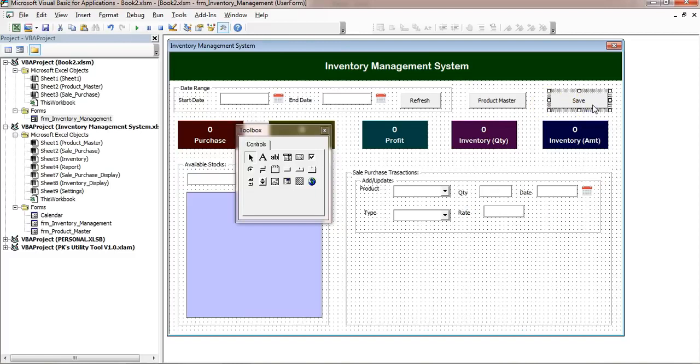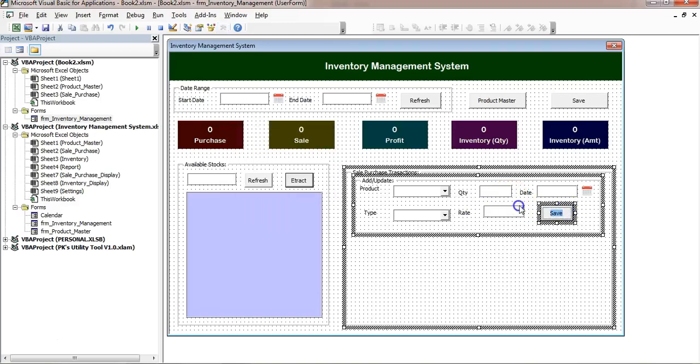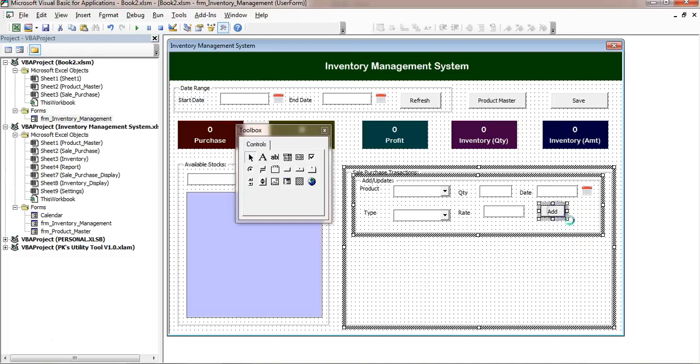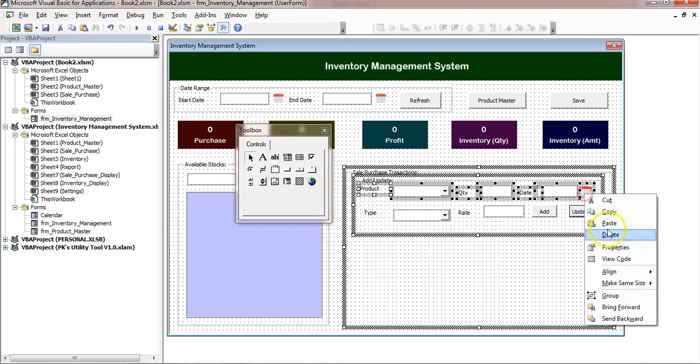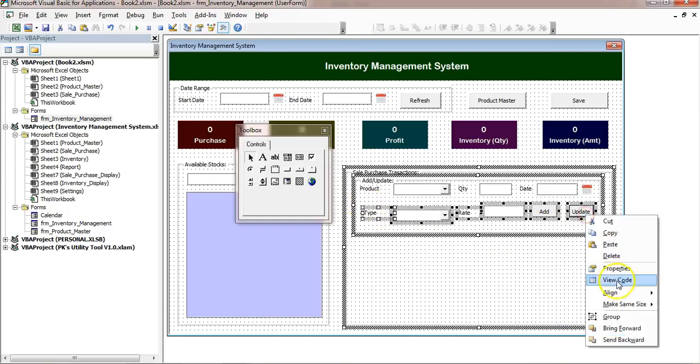Now we will copy a command button, copy and paste this here, make slightly smaller, move this here, this will be our add. Then we will create another command button to update. Alright, so let's quickly align these. So just select these three, right click, go to the align, and we'll align this middle. Similarly here we will align these middle.